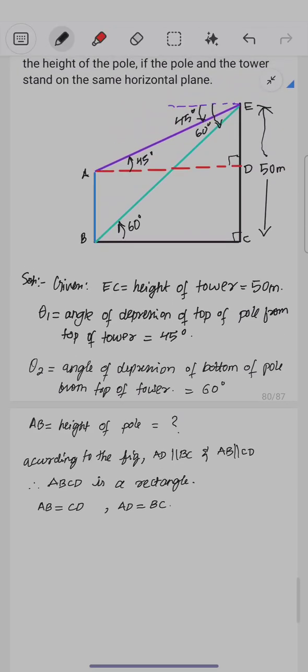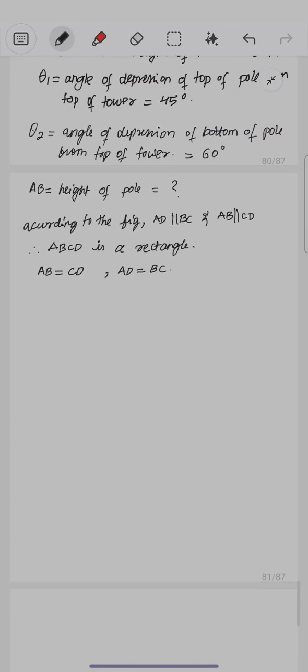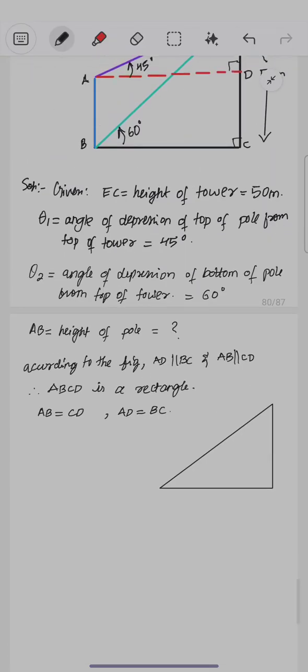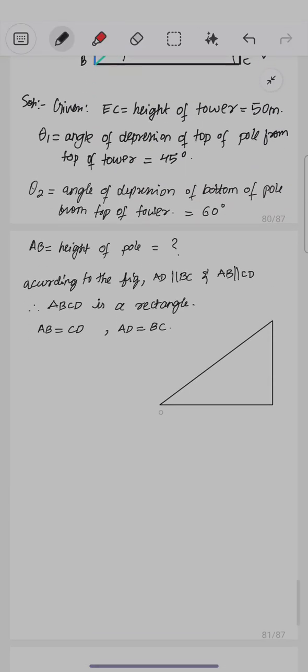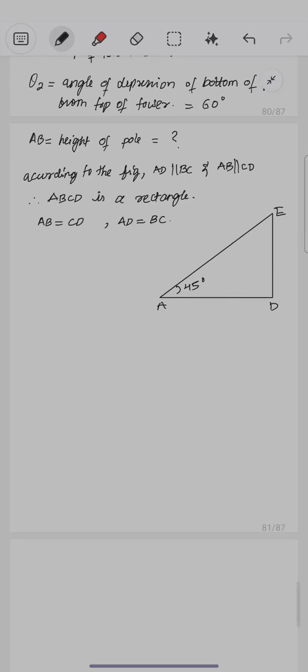Now look at triangle ADE. In triangle ADE, angle C is 45 degrees. So now, in right triangle ADE,